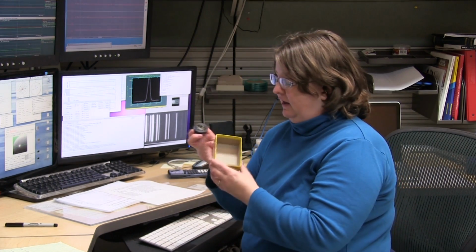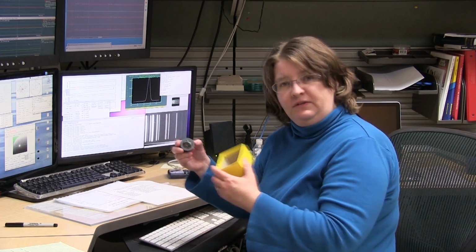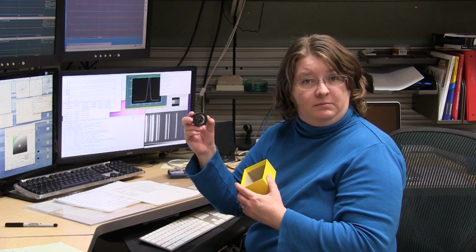Unlike a typical flat mirror where angle of incidence equals angle of reflection, if you tilt that flat mirror, you'll be seeing something off to the side. With a retroreflector, any light is reflected directly back to the position it came from. Each of the retroreflectors on the moon consists of multiple corner cubes laid out in a grid about the size